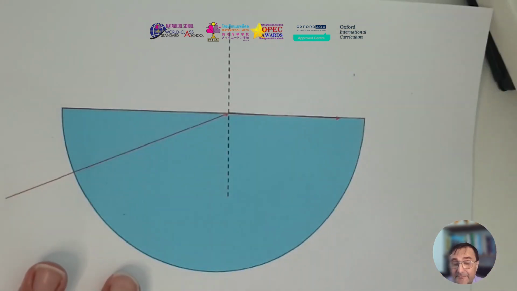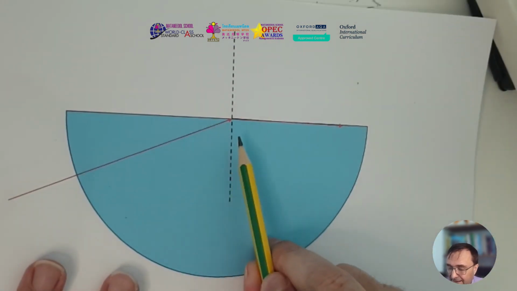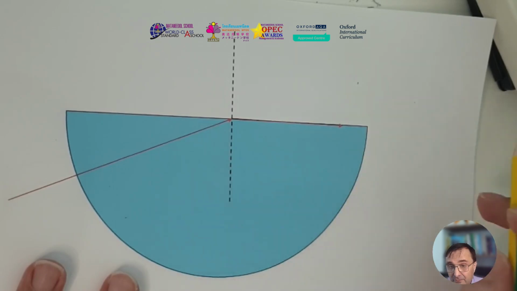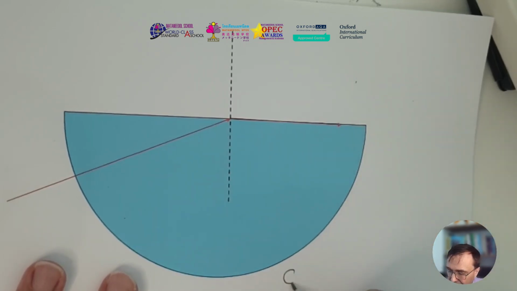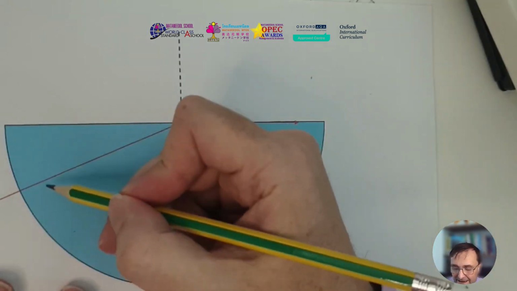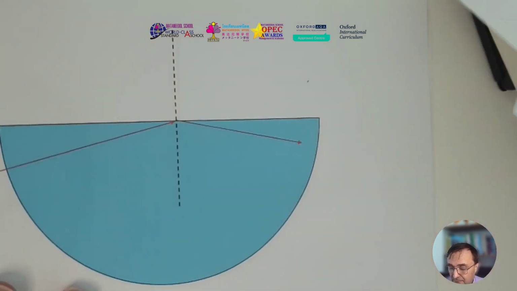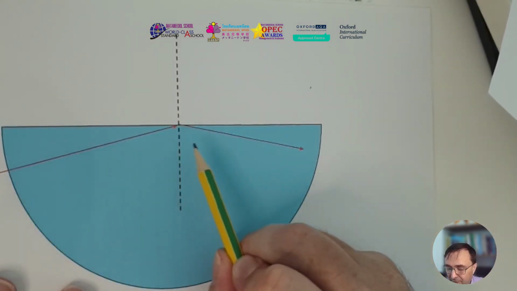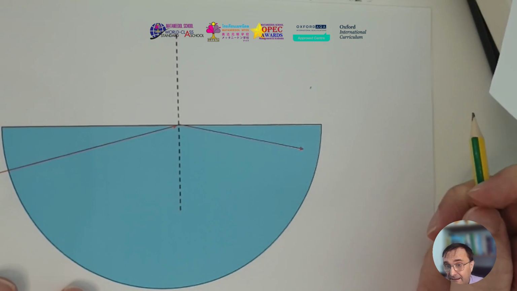When we get to a certain angle, the exiting ray is going right along the edge of the block, and we call this the critical angle. And then once we get after the critical angle, all of the light ray is reflected inside the block,